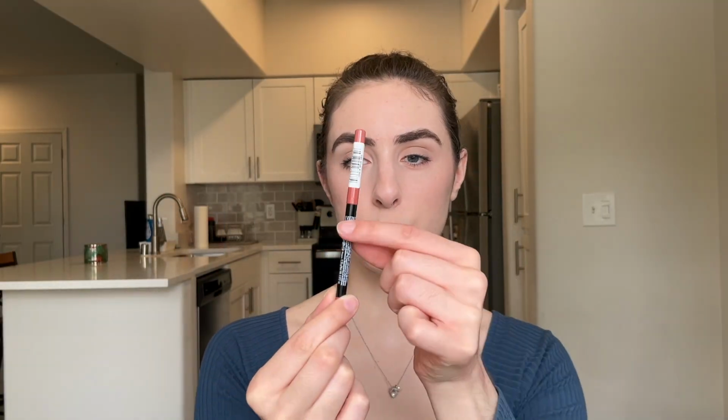This is a $4 lip liner, so it's probably more affordable and more cost effective to just buy all of these and then not have to print out different components for different shades. And so it's probably cheaper just to put the shade name on the sticker. So I get it, but this is the